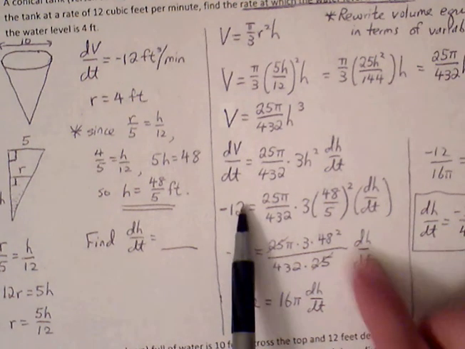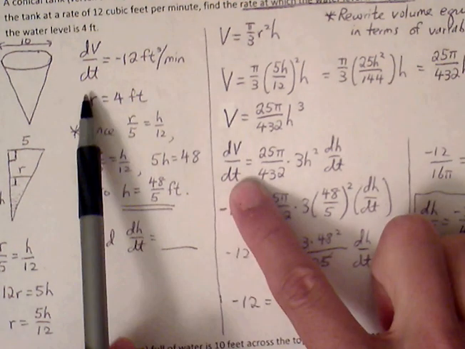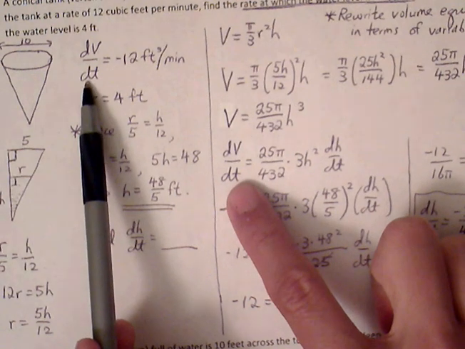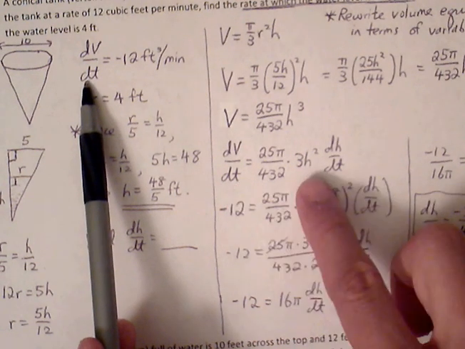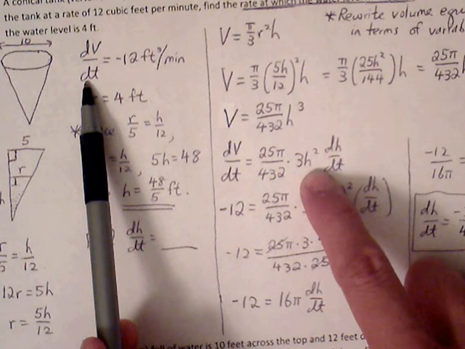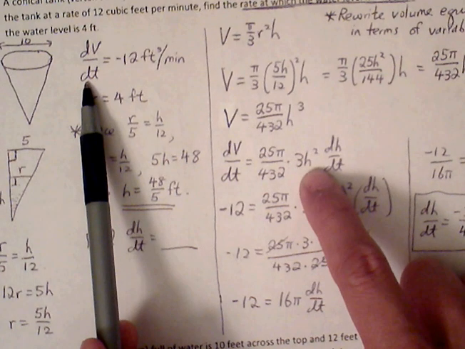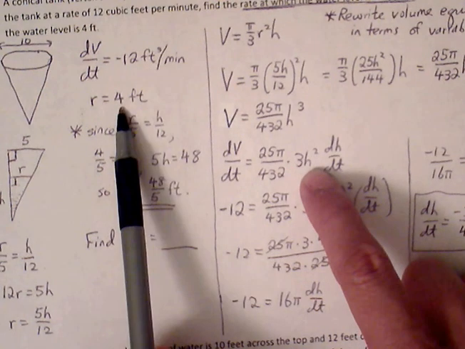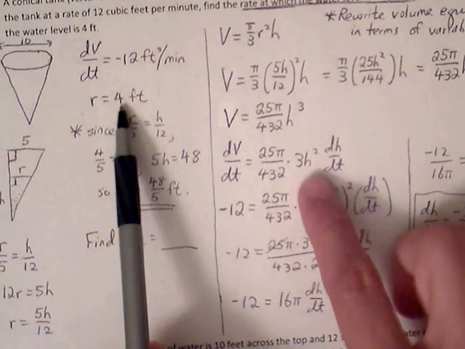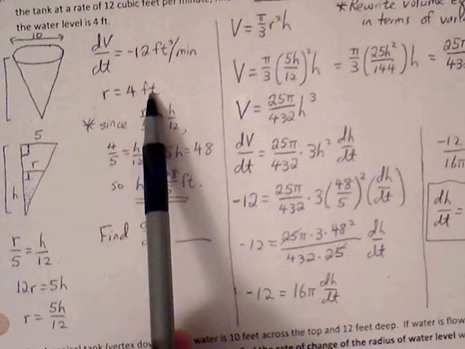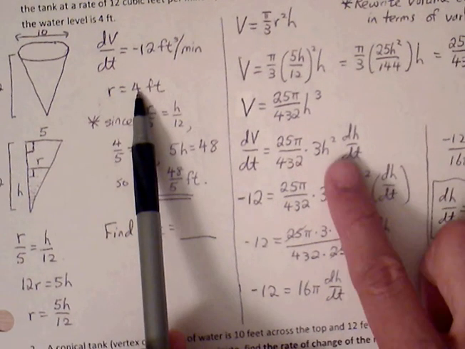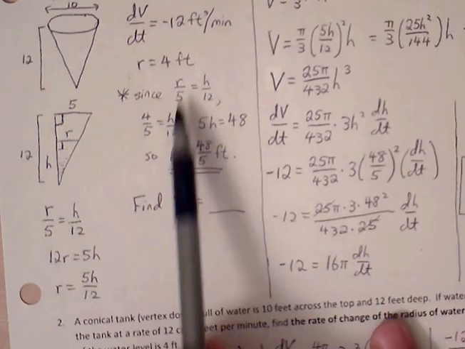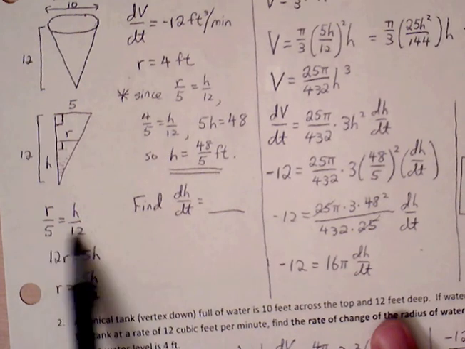Let's see what we do have though. We do have dV dt, which is negative 12, so that will just substitute in fine. Here's the problem. We don't have h because they don't give us h. However, they do give us radius. Okay? And let's go back then to see if we can convert radius to be in terms of height using the relationship that we found